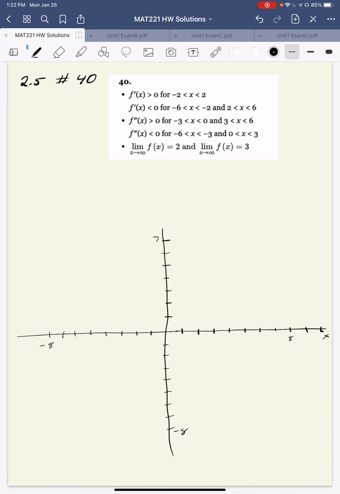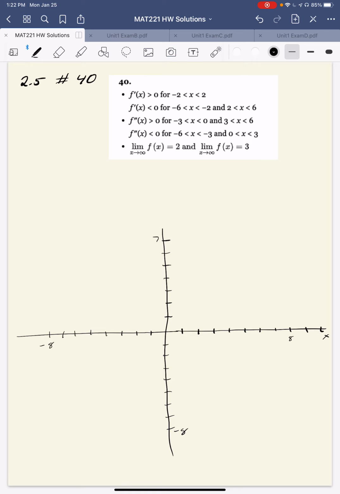Okay, in this video, we're going to be looking at section 2.5, problem number 40. And in problem number 40, we're asked to sketch the graph of one continuous function f that has all of the indicated properties. All right, so there's a lot going on here, and let's try to break this up piece